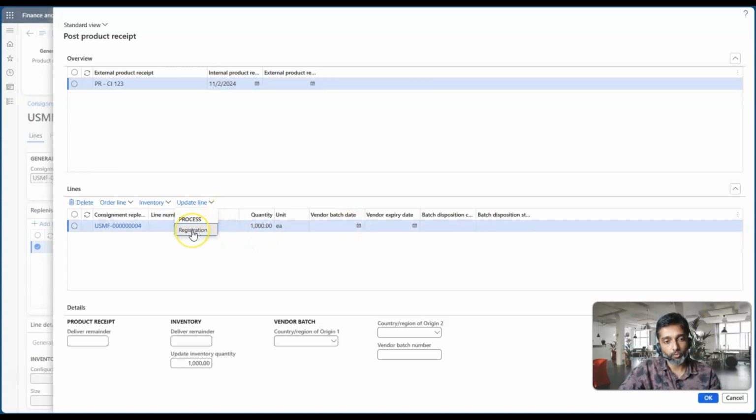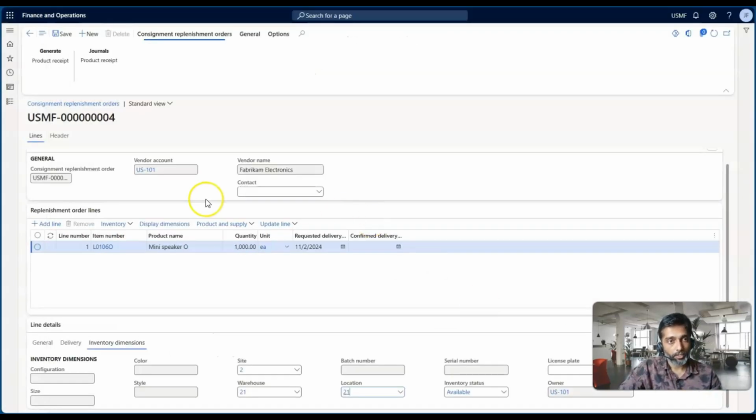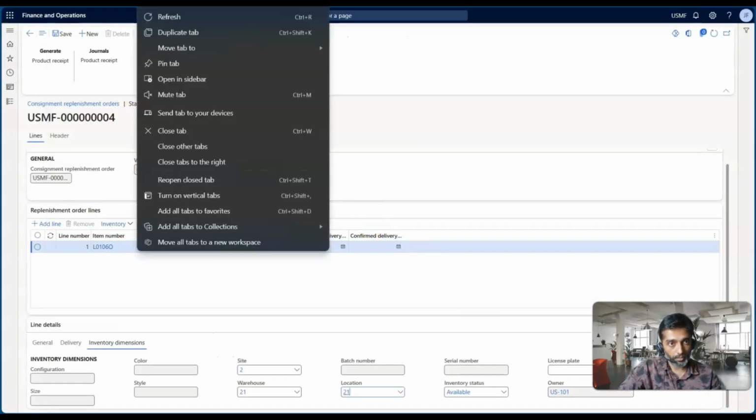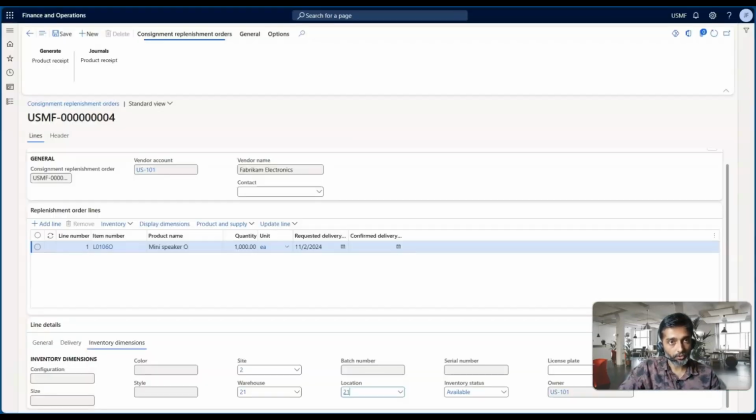You can also follow the process of registration, which we already discussed in our purchase order episode. Please do check out the same. Let me click on OK. This will actually post the consignment replenishment order into the system. Now let me duplicate this tab. Right now this particular transaction is posted as a consignment replenishment order into the system,